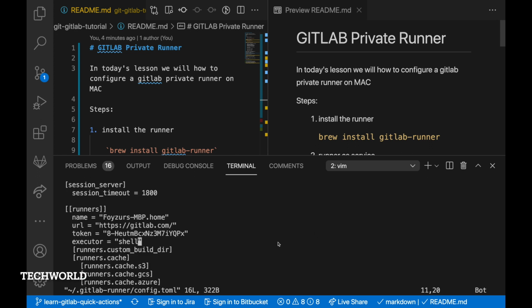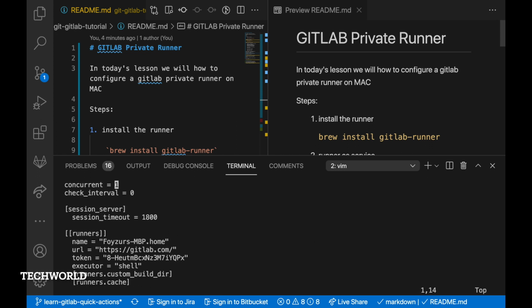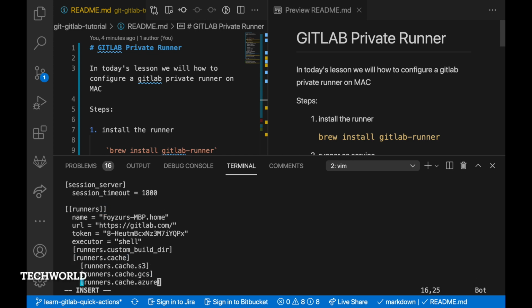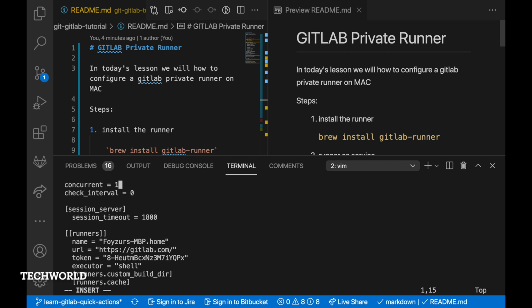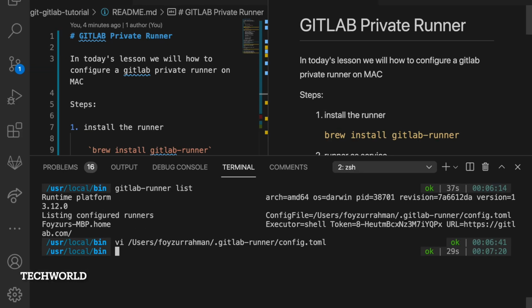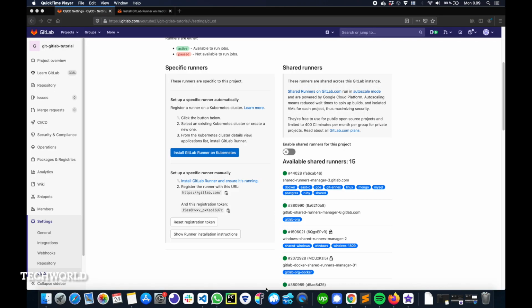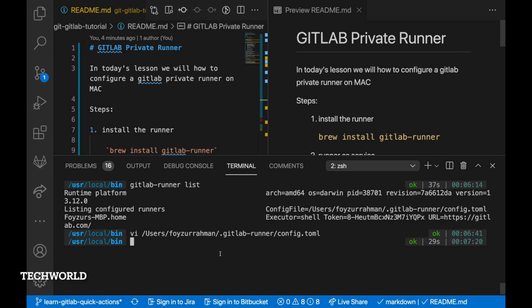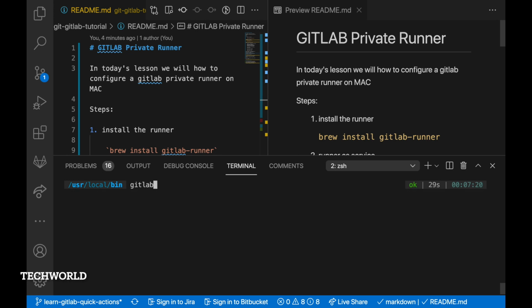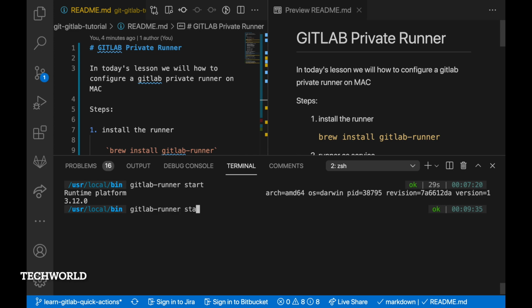We can configure the runner by editing the config.toml file. This is the file that is installed during the runner installation process. In this file you can edit settings for a specific runner or for all runners. You can specify settings like logging and cache. You can set concurrency, memory, CPU limits, and much more. If you look at the toml file, you can see concurrent equals 1, which means you can run only one job. If your Mac machine is powerful and can handle the load, then you can increase the number to 5, 10, 20, depending on how powerful your computer is.